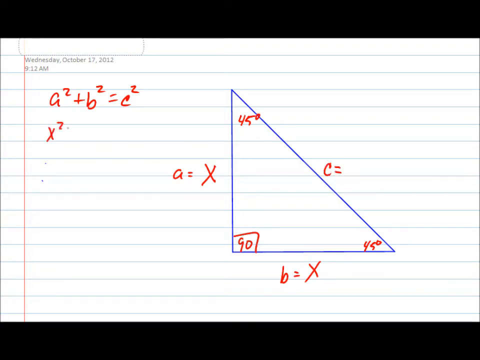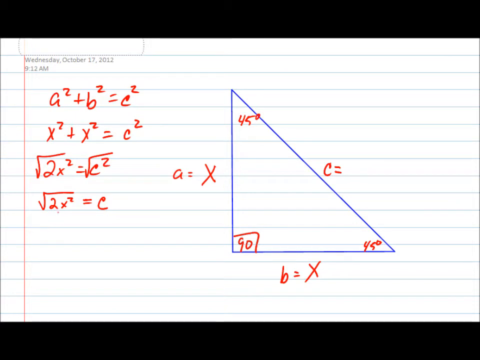So we know we have x squared plus x squared equals c squared. That gives me 2x squared equals c squared. But I don't care about c squared, I want to know what c equals. So I need to take the square root of both sides. Normally when I take a square root, I take both the positive and negative square root, but since I can't have a negative side length, I don't have to do that here. So I have the square root of 2x squared equals c,